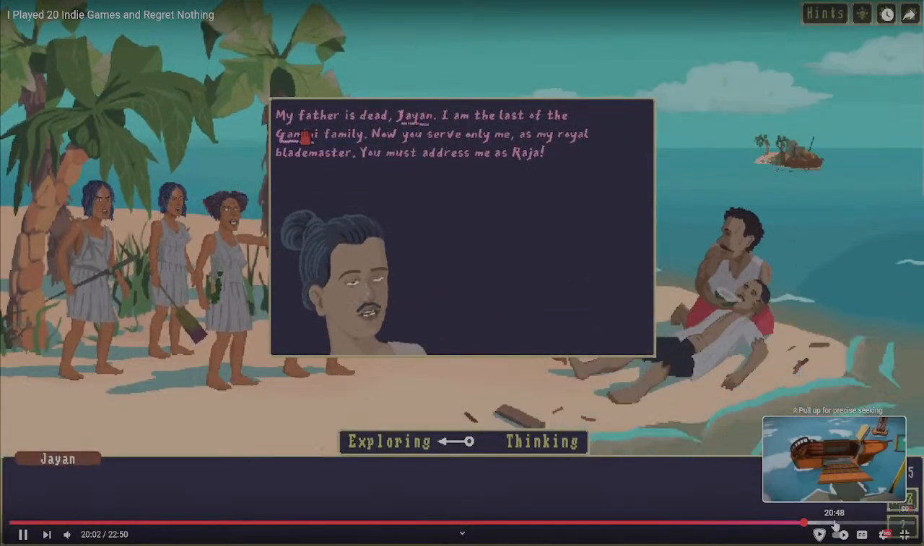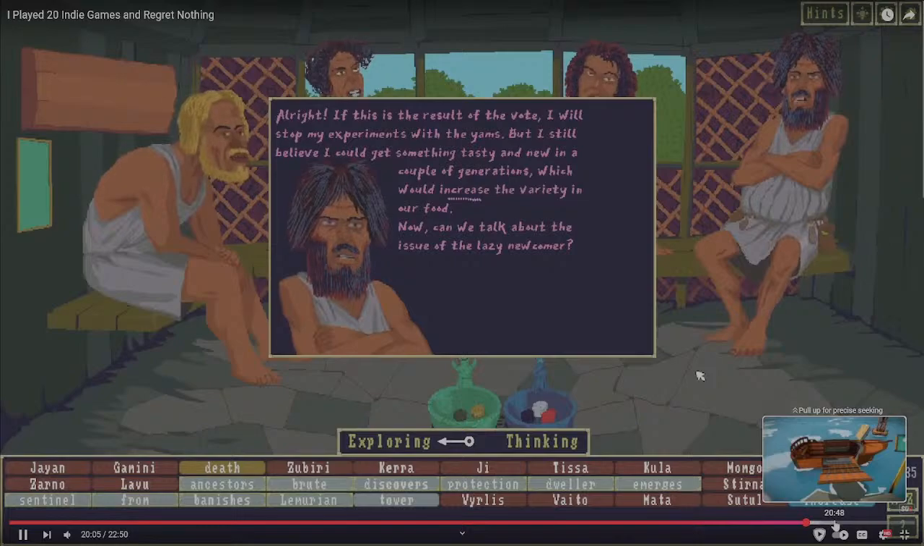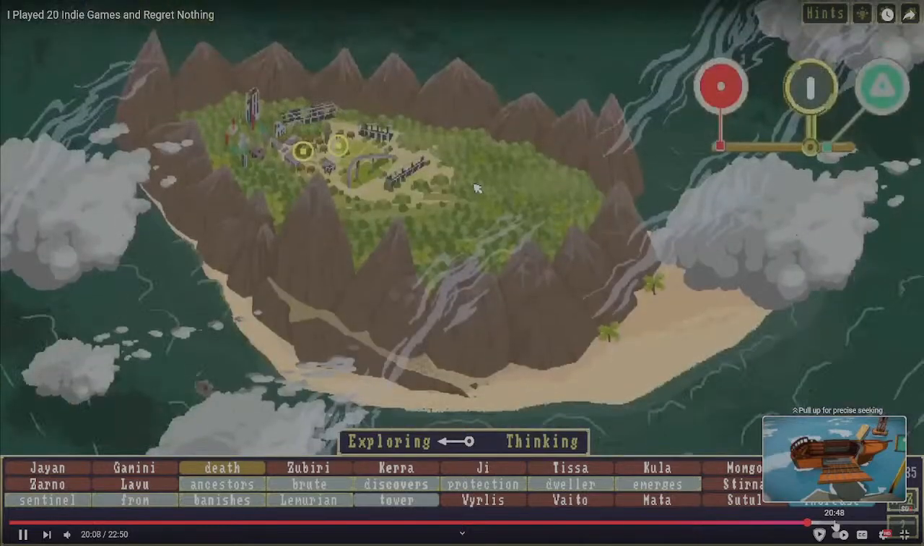The art style, lovingly cursed. The UI, brutally unforgiving. But that's part of the charm. By the time I reached